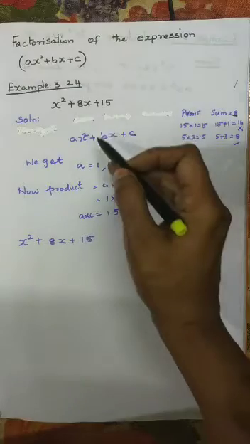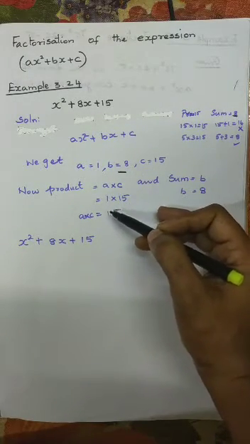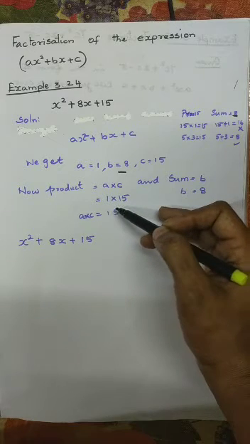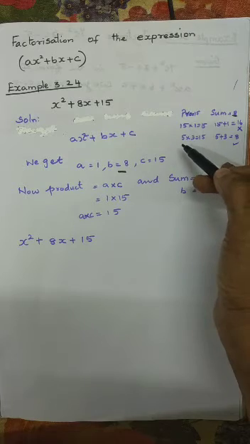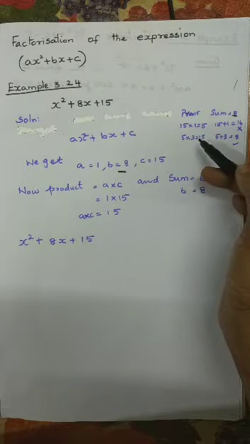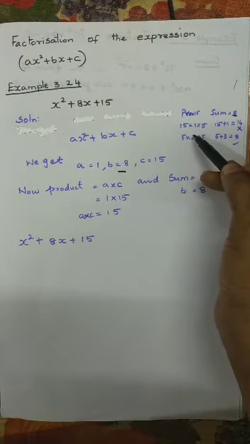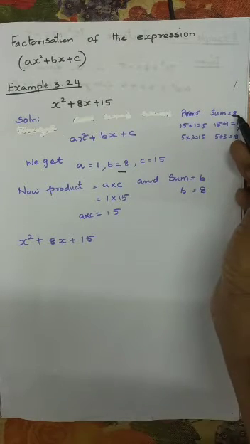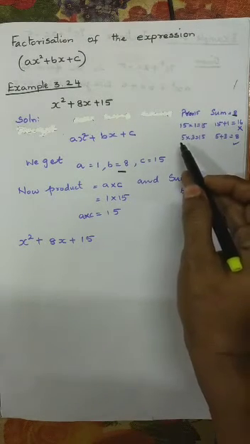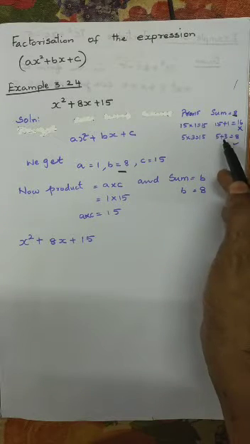Okay, can we take this as 5 3s are 15? We have to see in which tables 15 comes. Okay, what are the tables? 15 comes in the 15 table and in the 5 table. We can take the 3 table also. So 3 5s are 15, isn't it? So 5 3s are 15. Now if we add these two, we have to get the sum 8. Okay, if we add 5 and 3, we can get 8. Yes, 5 plus 3 is 8.